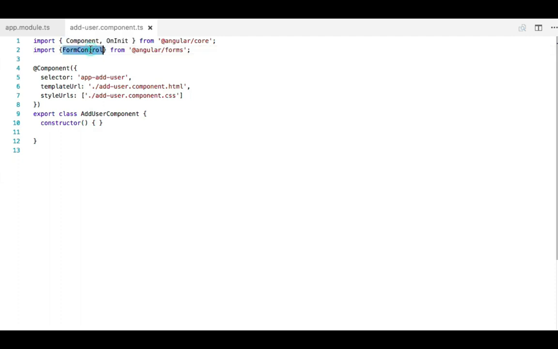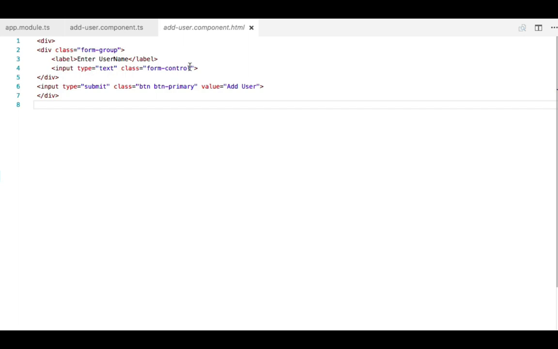When you use this FormControl class on your element, you can know the status of the form element, whether the value has been changed or not. For now, I will simply use one property of type FormControl so that I can bind that property on this input field. Whenever the user makes any changes in the input field, we can get the status with the help of that variable.